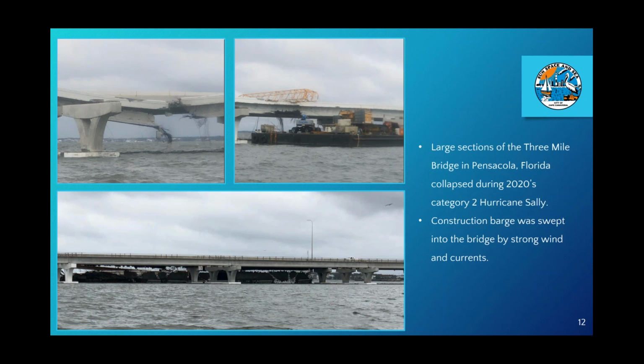This is a bridge in Pensacola, Florida, that was unfortunately destroyed when a barge broke free of its moorings due to storm surge and high winds. And it unfortunately hit one of the bridge piers and caused the bridge to collapse, severing critical services and delaying response times. So, given the situation that the city is linked to the mainland via bridges similar to this, we're planning for a scenario where we need to be on our own for a prolonged period of time, where we can generate our own water, our own power, and be able to meet critical services of residents who need the help the most.